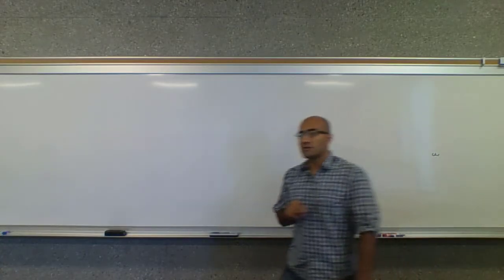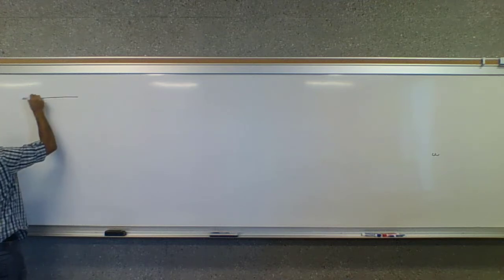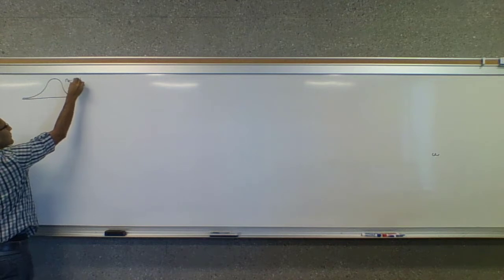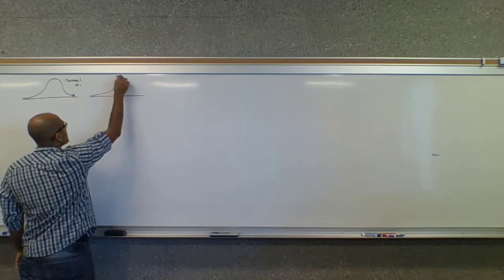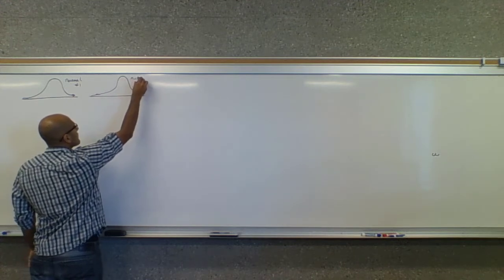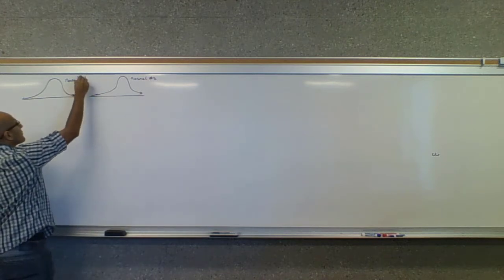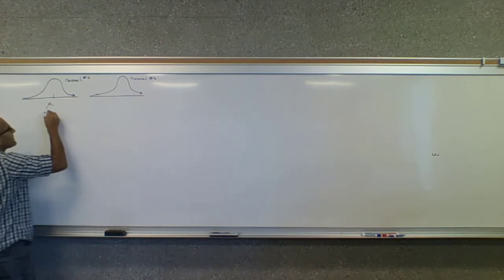We have two populations. This is what's happening. We got two populations and they're normal. So we got normal number 1, and then we have normal number 2. Okay, so that means that this has some mean value there, we'll call it mu sub 1, and some sigma